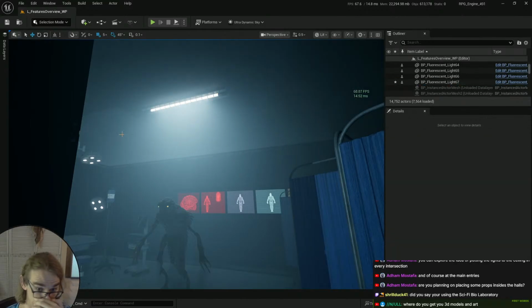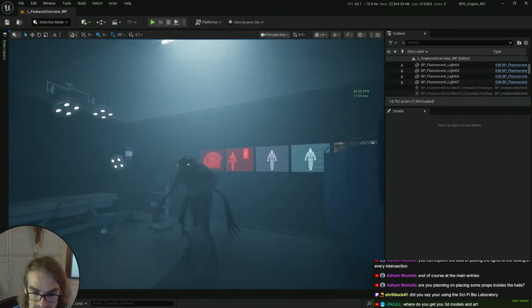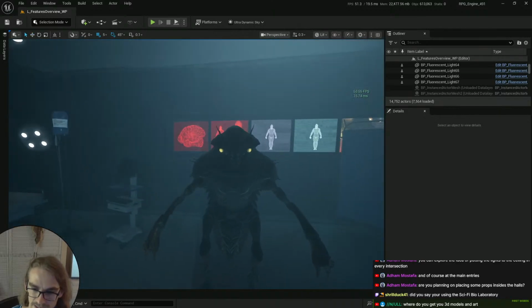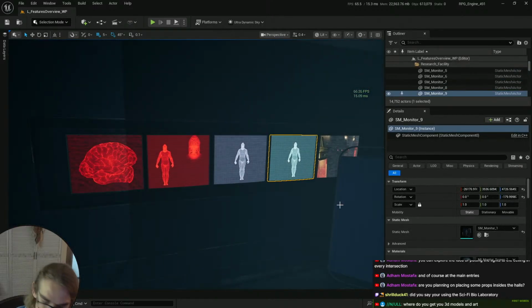Actually, since I started using Unreal, one of the first assets I saw was these aliens, and I was like, oh, that's so nice. I kind of want to use that in some project. And years later,